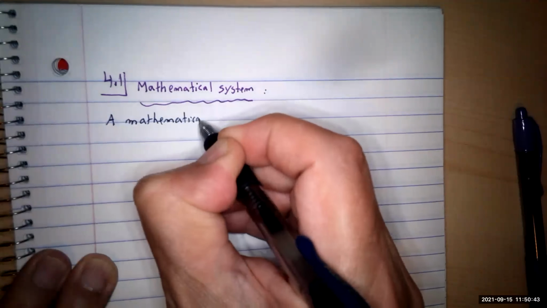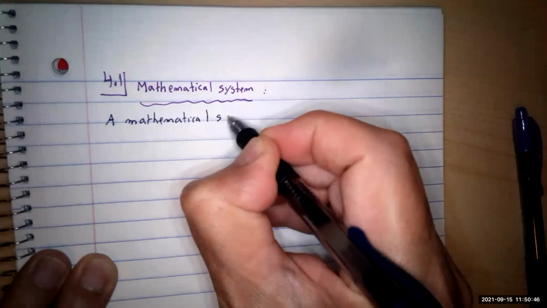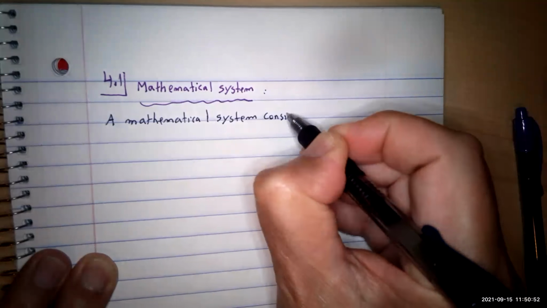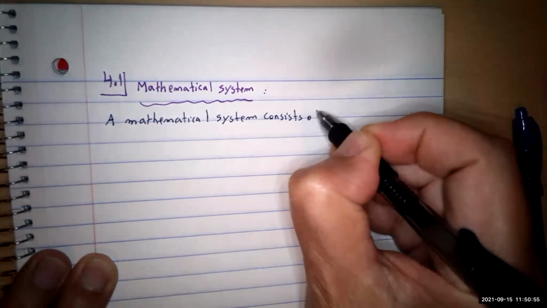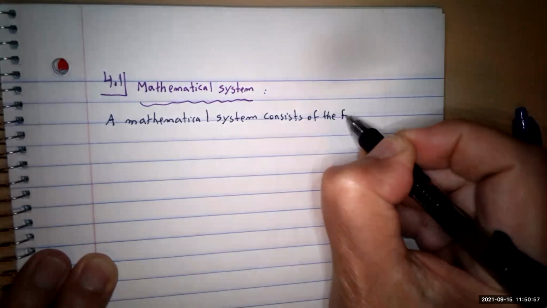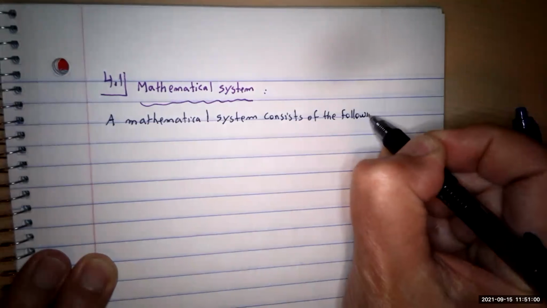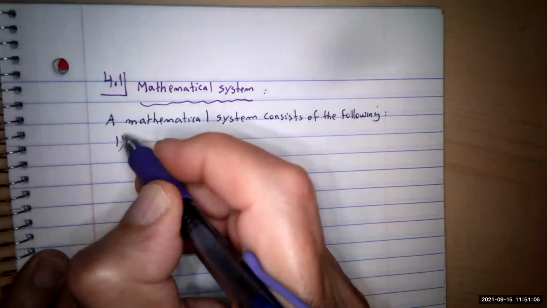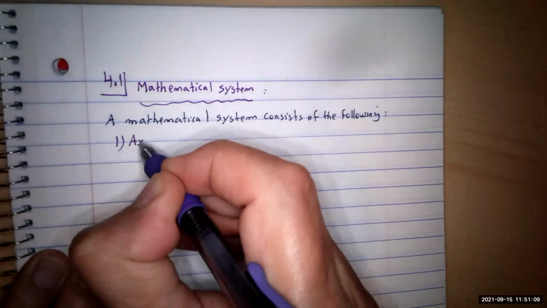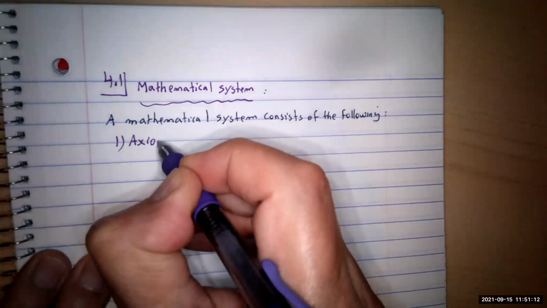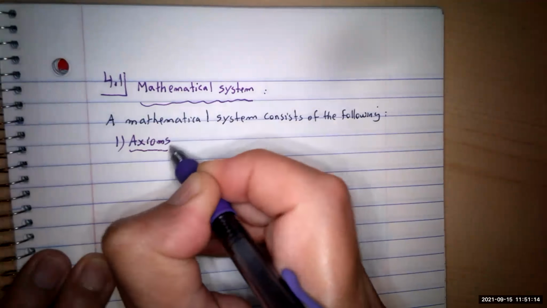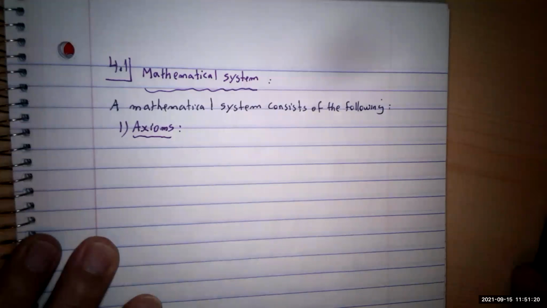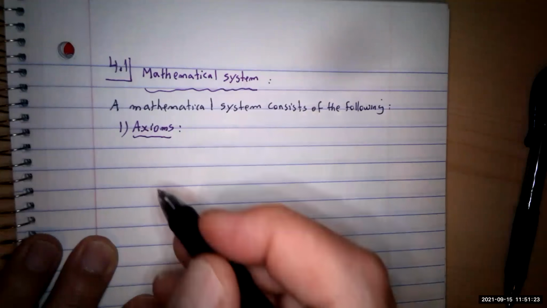A mathematical system consists of the following. The first thing that we are going to have for each system is axioms. These are some expressions that need not be proved. Just believe in it. This is going to be the axioms of our system. So these are going to be propositions